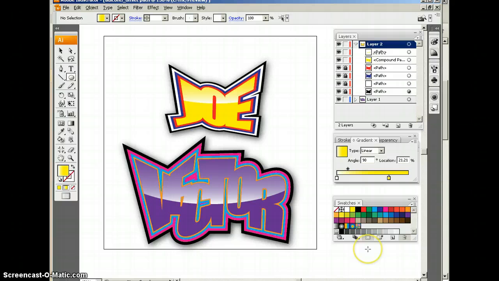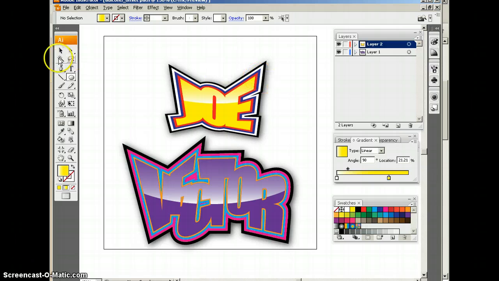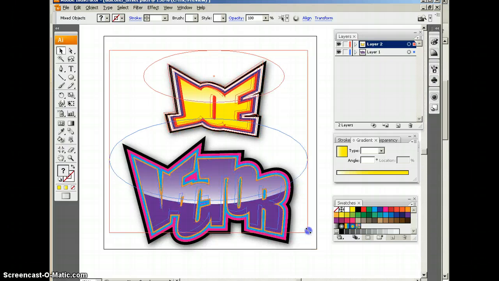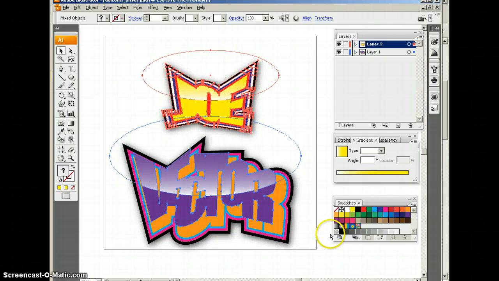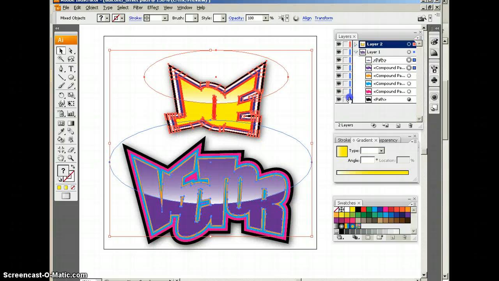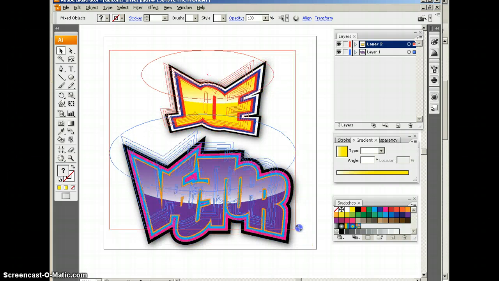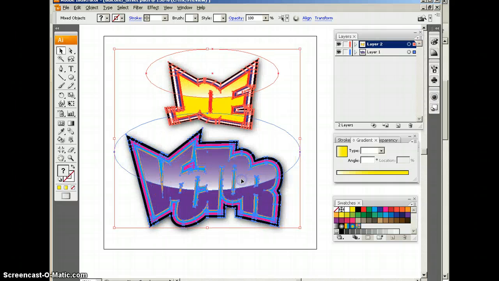Okay, so I went ahead and added a new layer, as you know, and I added another word. So this is the fictitious character Joe Vector. Okay, so as you can see in my layers palette, I've got 2 layers. I might go ahead and select all of them and just resize it so it fits. It doesn't look like I selected all of them, so let's see what I got. Oh, that's because I forgot to unlock it. Okay, let's do that again. Select all, and then resize it,